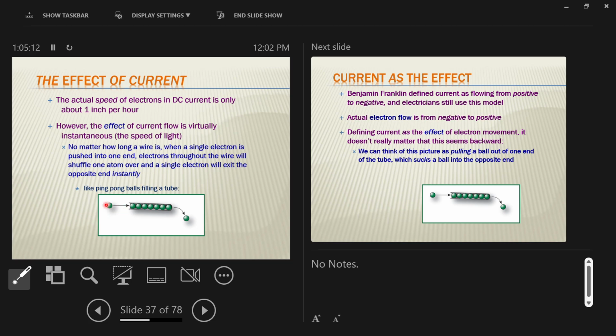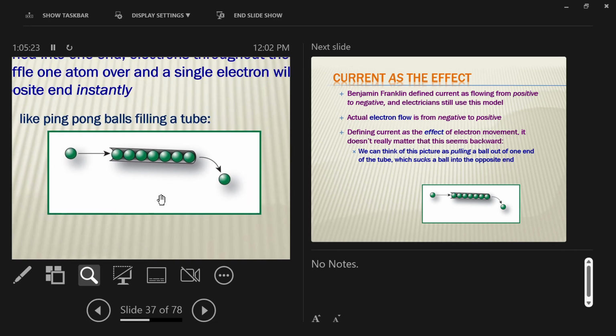So for analogy purposes, your wire is kind of like having a tube full of ping pong balls, in this case, little green balls, okay? So your wire is kind of like a tube full of ping pong balls. And with direct current, you're standing over here with your battery, right? You have all your negative charge on this side, right? And when you close the circuit and turn the device on, the tube is full. One ping pong ball is shoved into the tube, which is full, causing a ping pong ball to fall out the other end, right? If these were electrons, one electron hops from one atom to the next, away from the